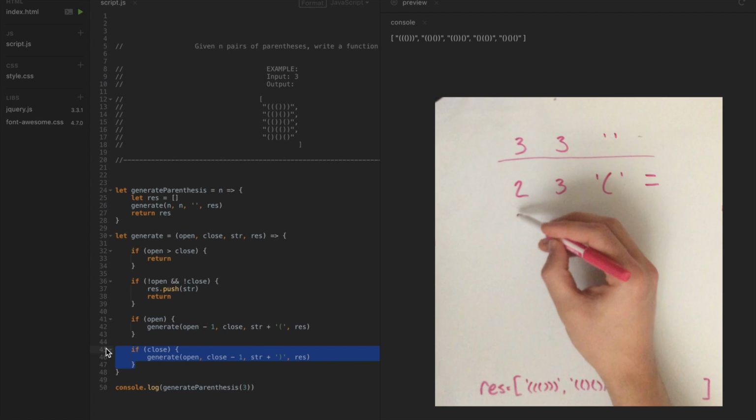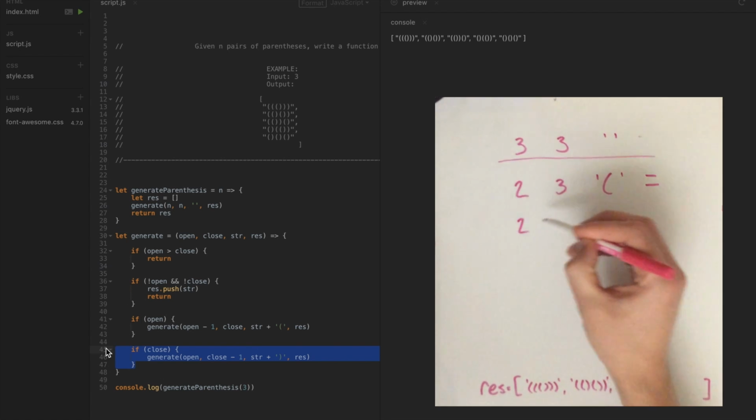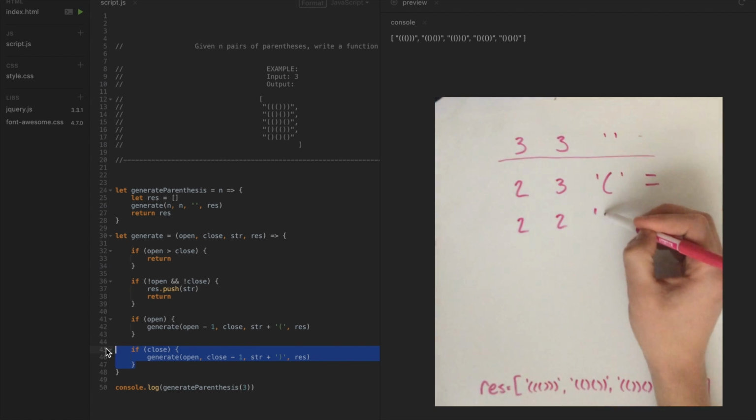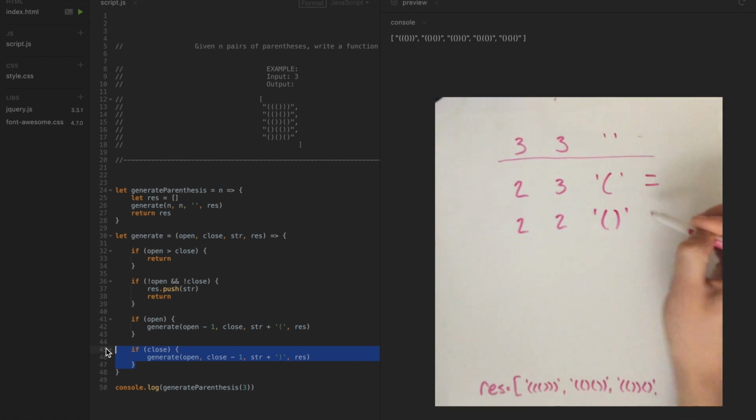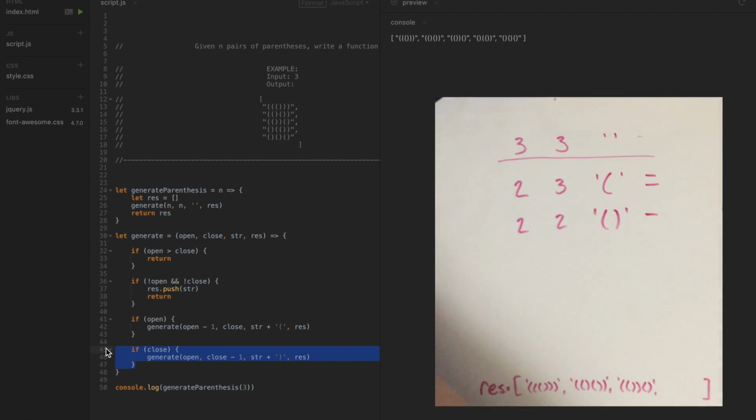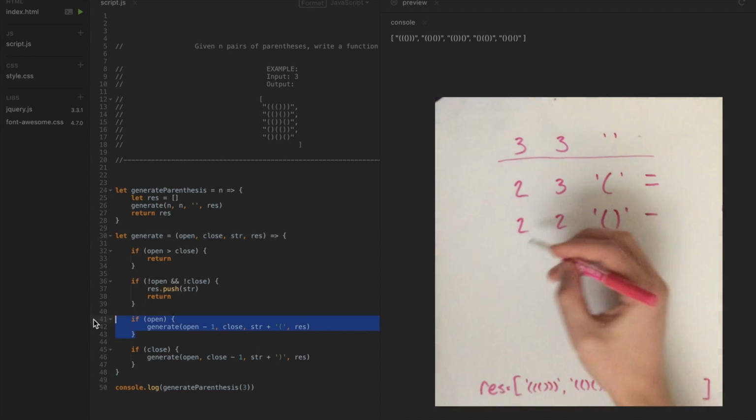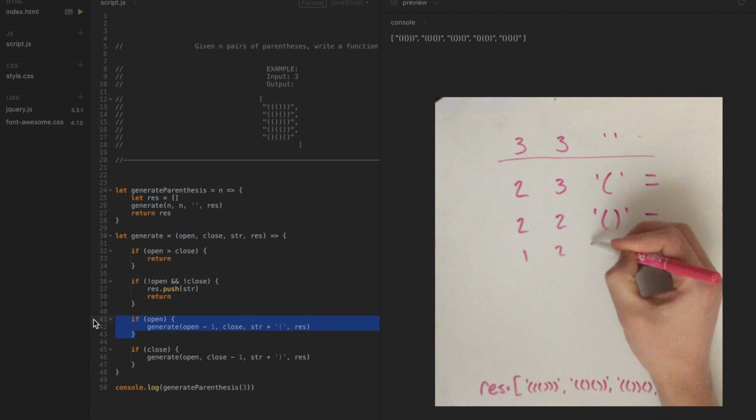And we can say 2, 2, opening, closing. And for this part, we just get to add 1, because now we're back up here again. And it's a whole new function call, so we have to go through this and this. So we're going to say if, so no, no, yes, 1, 2,